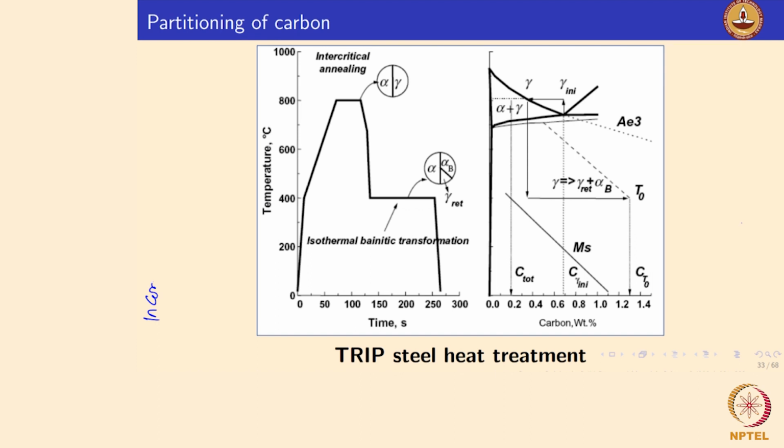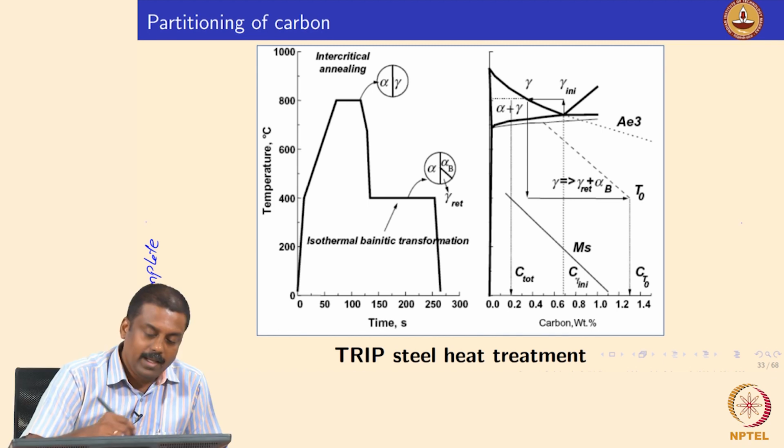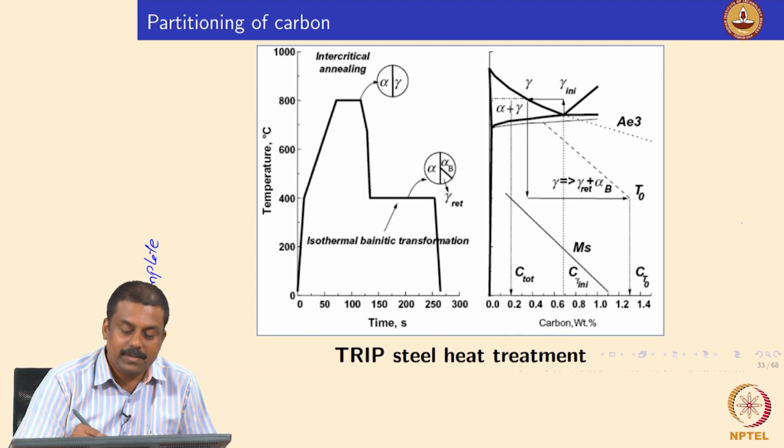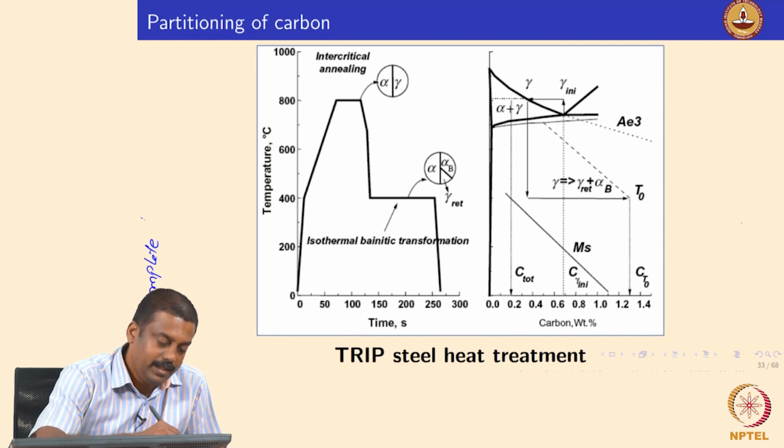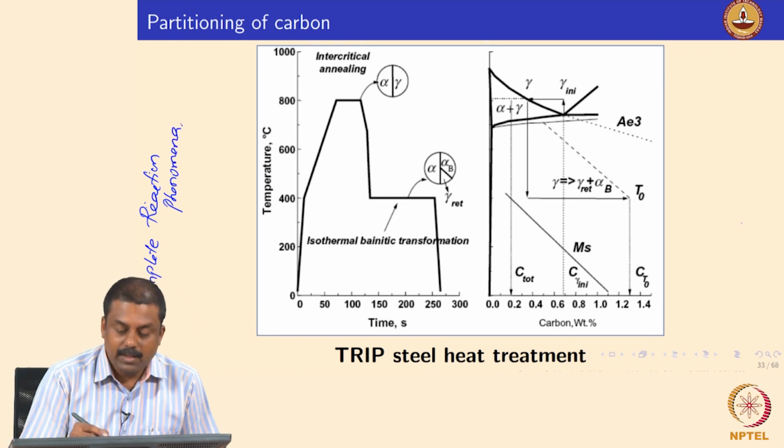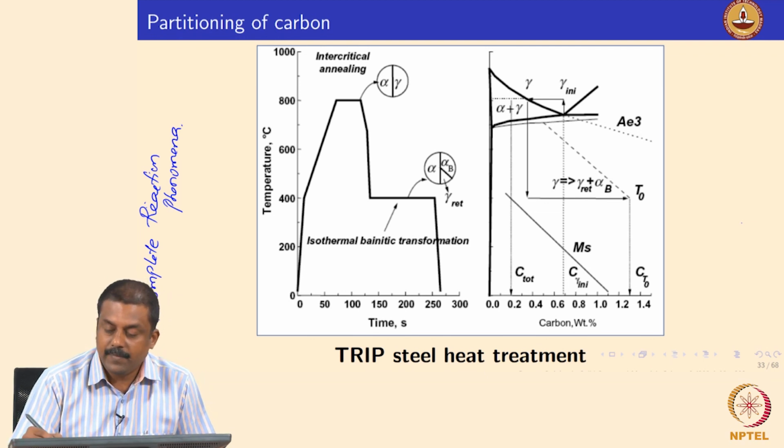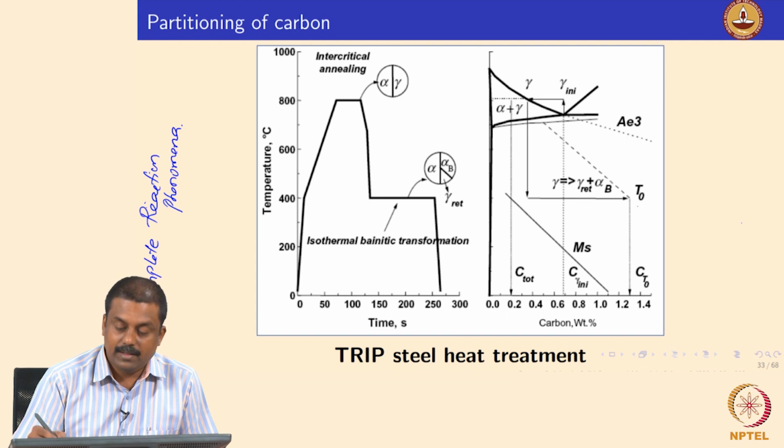So while explaining the stabilization of austenite during bainite transformation, I used one sentence known as incomplete reaction phenomena. That means that the bainite, when it is transforming from the austenite, ceases to form upon sufficient enrichment of carbon in austenite, right. So incomplete bainite reaction, or incomplete reaction phenomena. That is actually governed thermodynamically, which is shown in this slide. I will explain as well.